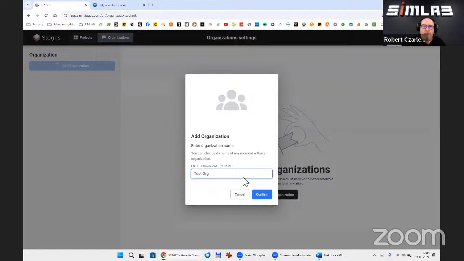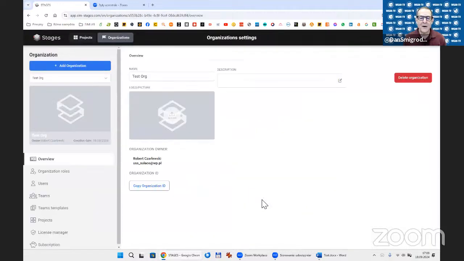Let's name it test.org. Robert, would it be helpful to think about an organization, if I'm using SimLab stages because I own many different buildings? Am I thinking about it in that this is building one as an organization, or no?